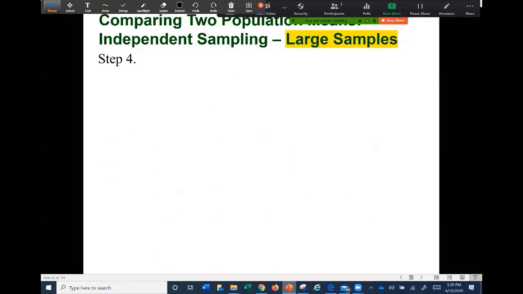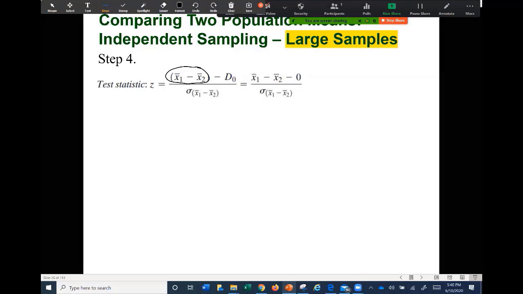Then step number 4, let's compute our test statistic. My test statistic is the Z-score because we are using a normal distribution as our mathematical model. We want to find the difference between these two means, low diet and regular diet. We assume that the difference between two means is 0. Then the difference in my assumption should be equal to 0.